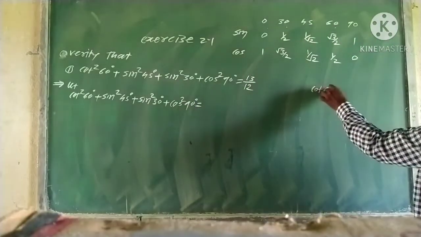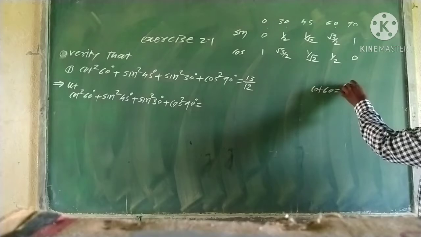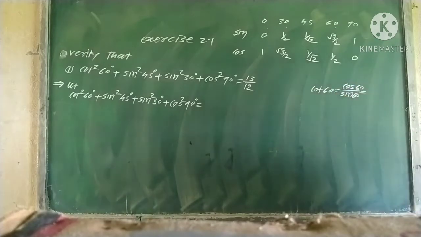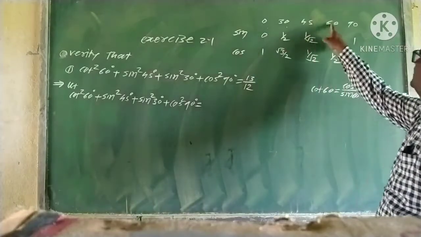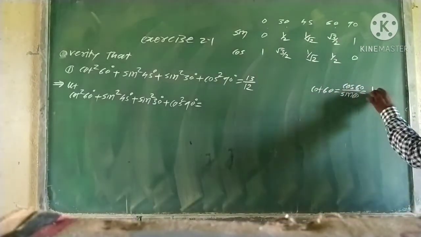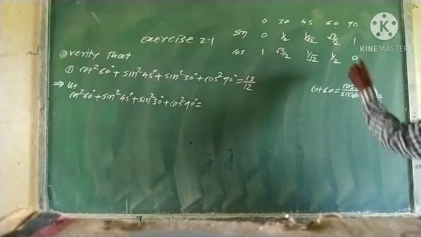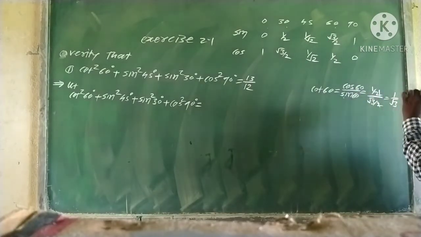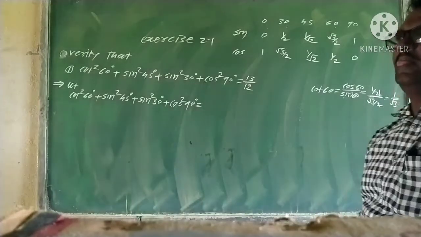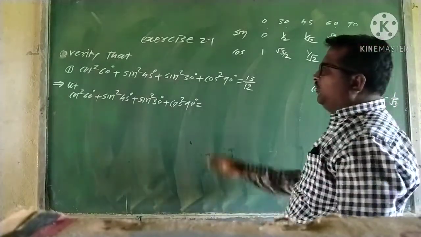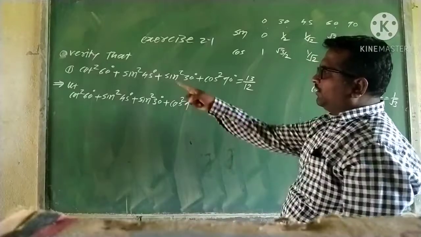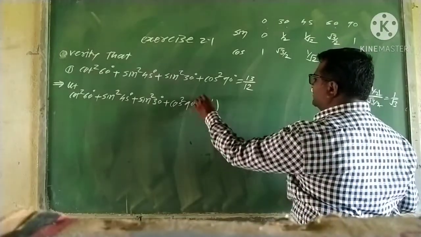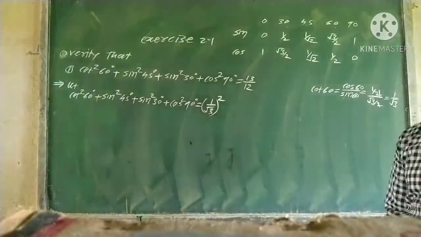Now in this problem there is cot of 60. Cot of 60 is equal to cos of 60 divided by sin of 60. Cos of 60 is 1 upon 2, and sin of 60 is square root 3 divided by 2. The 2 gets cancelled, so this is 1 upon square root 3. Now we put in the values. Cot of 60 is 1 upon square root 3, squared, plus